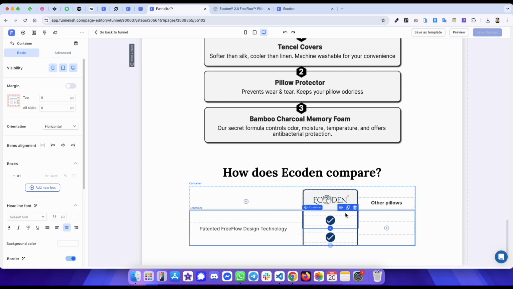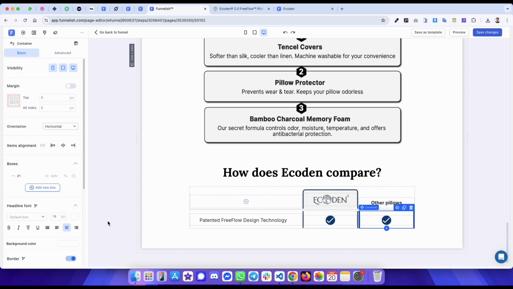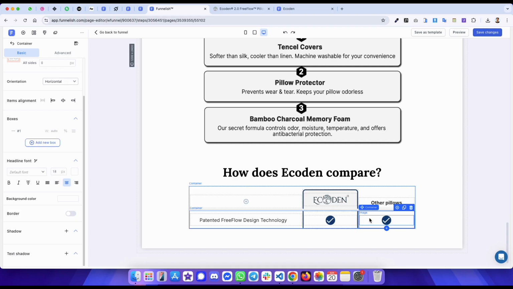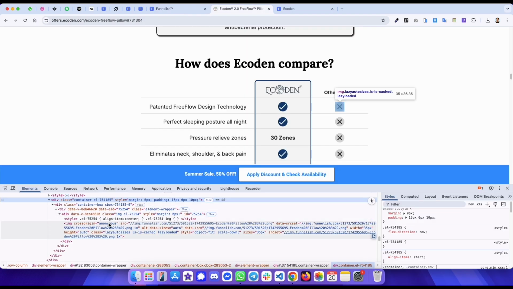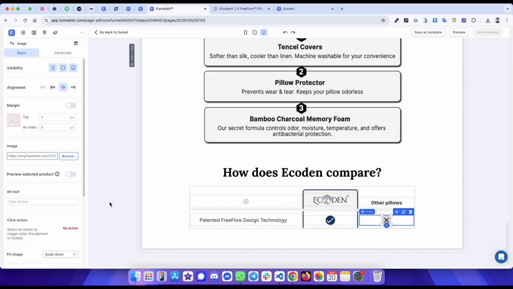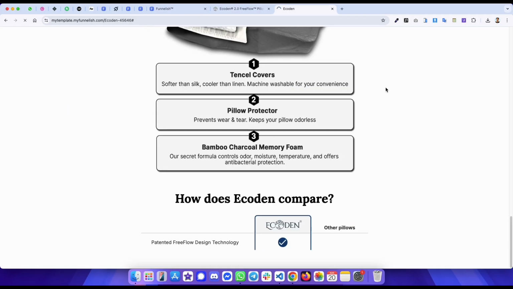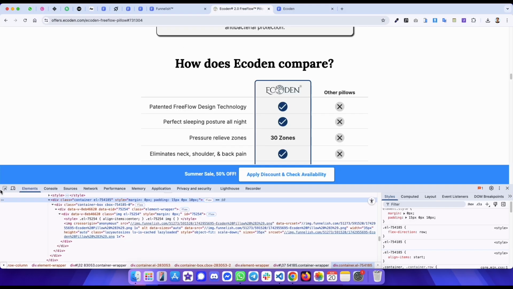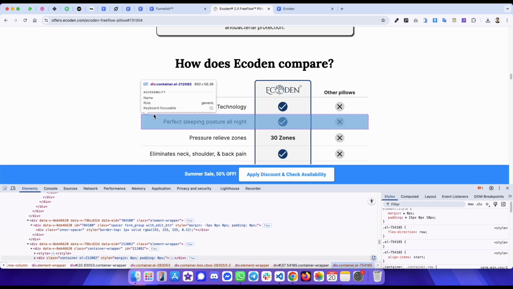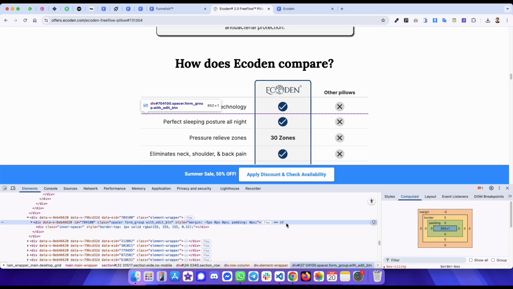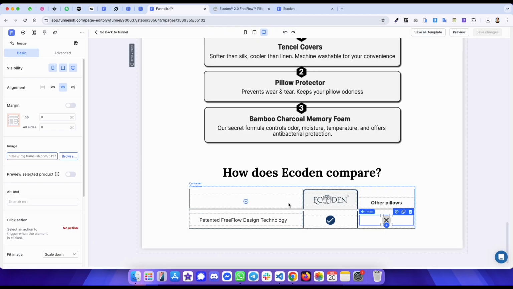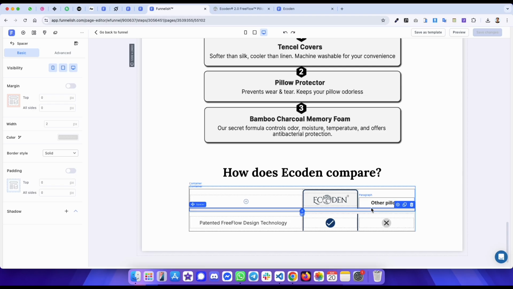We can duplicate this container, but we have to remove border. We have to add a spacer. Let's duplicate this spacer and